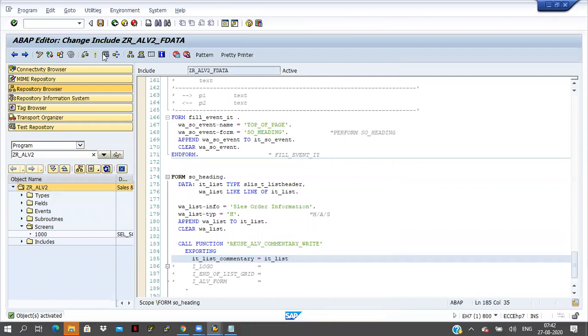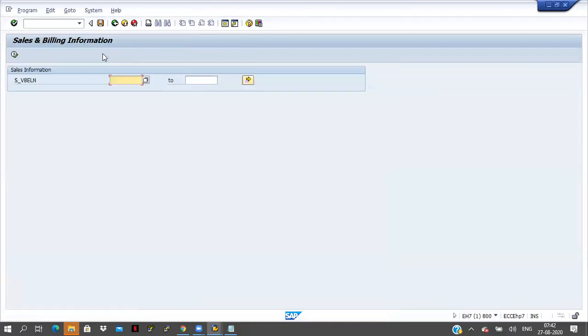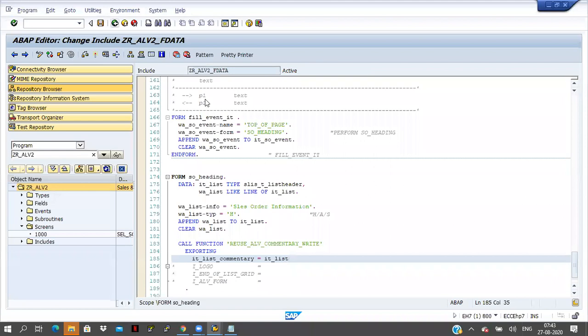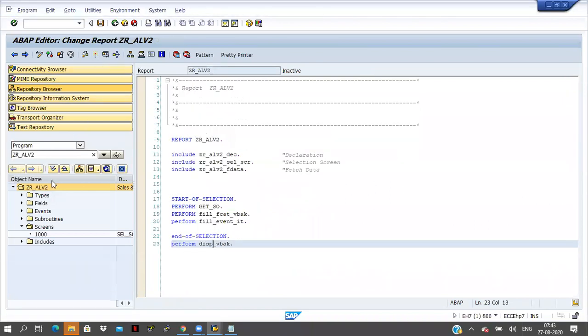Now execute the program. Top of page is not displaying there. So the main program is inactive. I will activate it once again now.